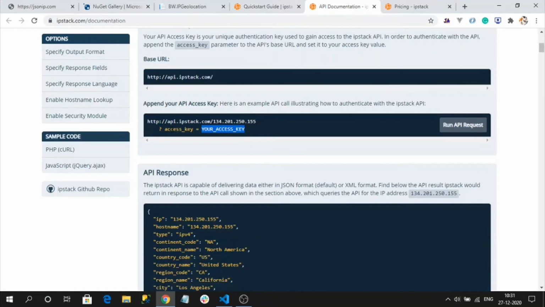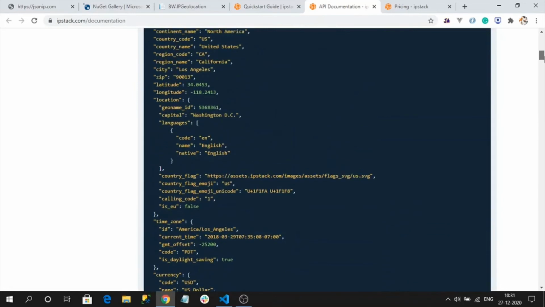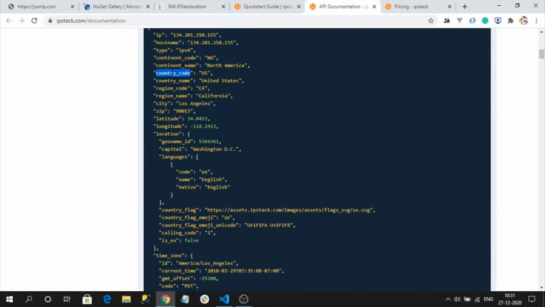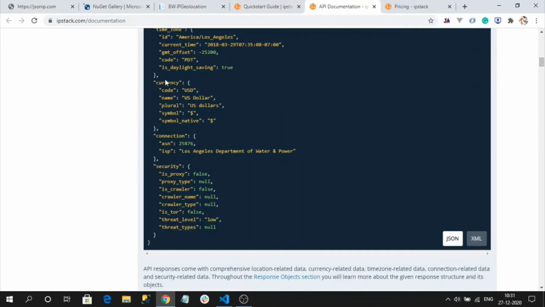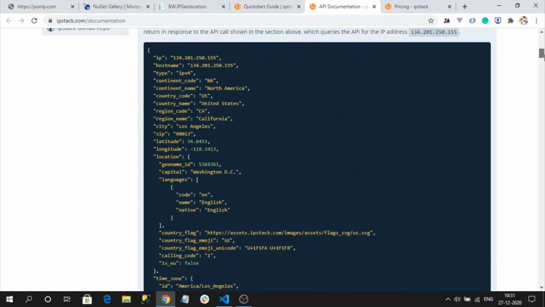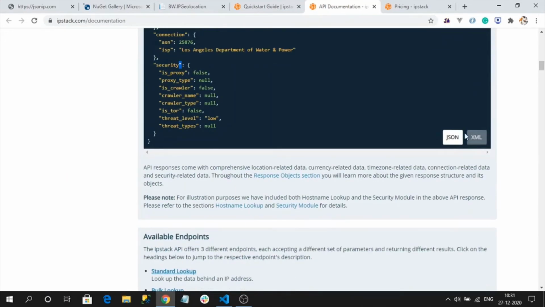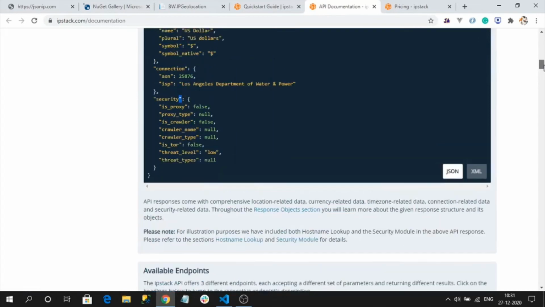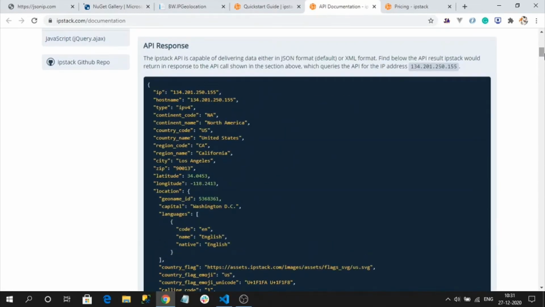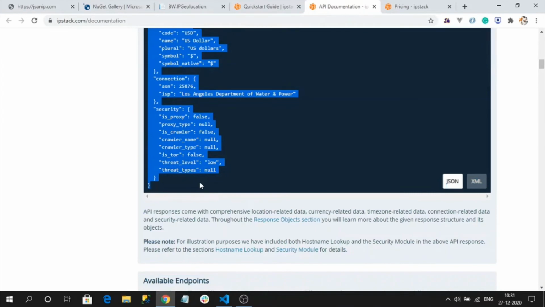After submitting this API, you will get an endpoint response, some huge data like this. See here, some country code, region code, city, zip code as well, some latitude and longitude, currency format, connection strings, a lot of information. What you want will be here. Now I want to create a model that represents this API so that I can integrate it into our sample. So for that, let me copy this whole JSON object.